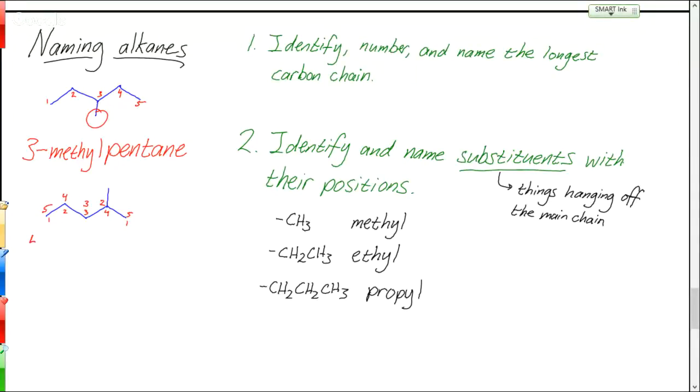So we could call this 4-methylpentane or 2-methylpentane. And we need a rule to kind of narrow that down, because we don't want to have those be the 2 names for the same thing. So the rule is, and this is what we're going to add up here,